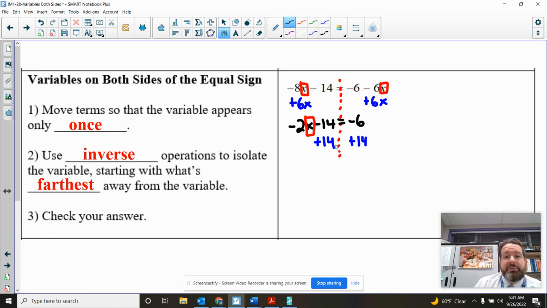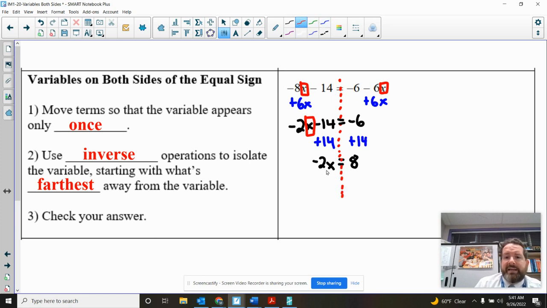Negative 14 plus 14 goes to 0, and adding 0 doesn't change anything. So we're not even going to bother writing it. And over here, negative 6 plus 14 should be a positive 8. To finish,